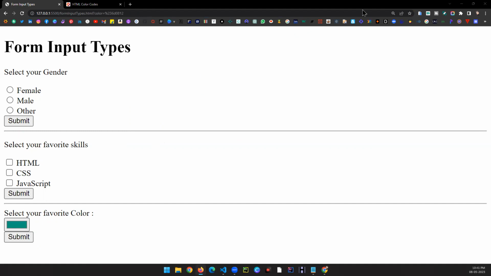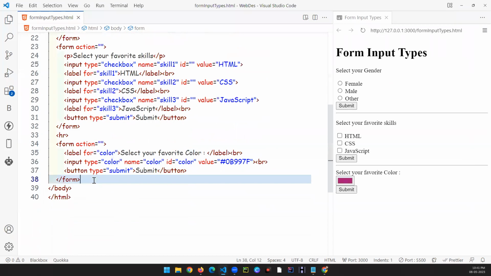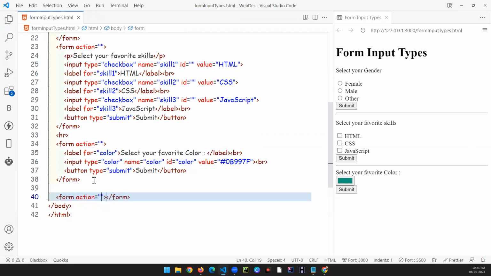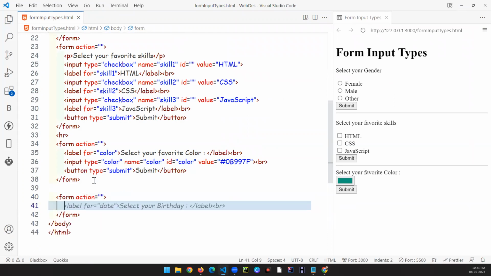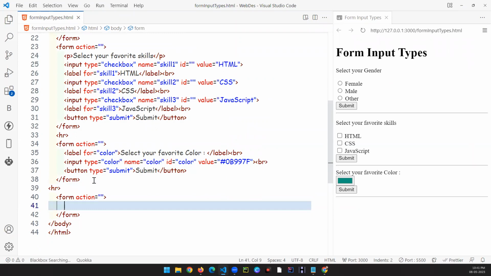Okay, now the next thing is that we want to create another form. Let's have a heading tag over here. Okay, so over here what we want to do, we want to display something, suppose date of joining, date of start, or something, date of birth. Yeah, date of birth basically. Okay, so what we will be doing over here,